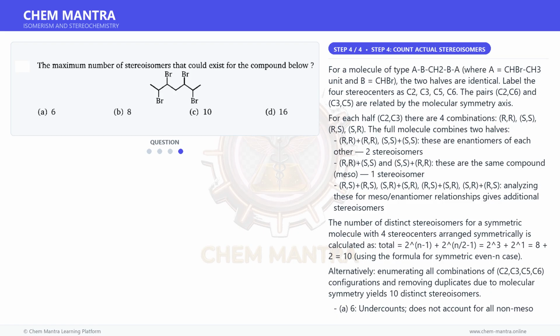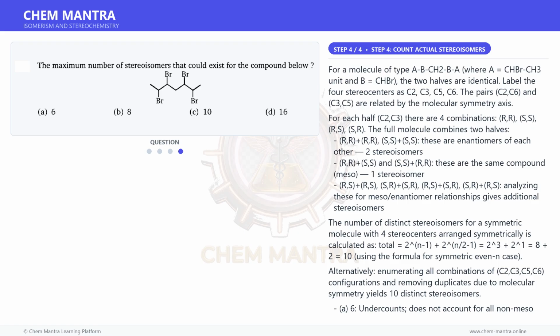The number of distinct stereoisomers for a symmetric molecule with 4 stereocenters arranged symmetrically is calculated as total equals 2^(n-1) plus 2^(n/2-1), which is 2^3 plus 2^1, equal to 8 plus 2 equals 10, using the formula for the symmetric even n case. Alternatively, enumerating all combinations of C2, C3, C5, C6 configurations and removing duplicates due to molecular symmetry yields 10 distinct